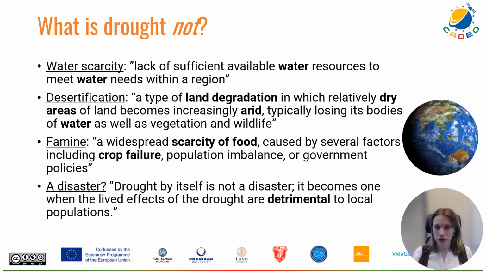But it may also be worsened by drought. Famine is also something that's sometimes linked to drought or connected to drought in media reports, for example. And famine actually refers to a widespread scarcity of food, which can be caused by several factors, like a crop failure, which can be drought affected, but it can also be caused by other aspects. And here we should highlight the government and governance aspects, and how governance affects vulnerability towards water or food scarcity,